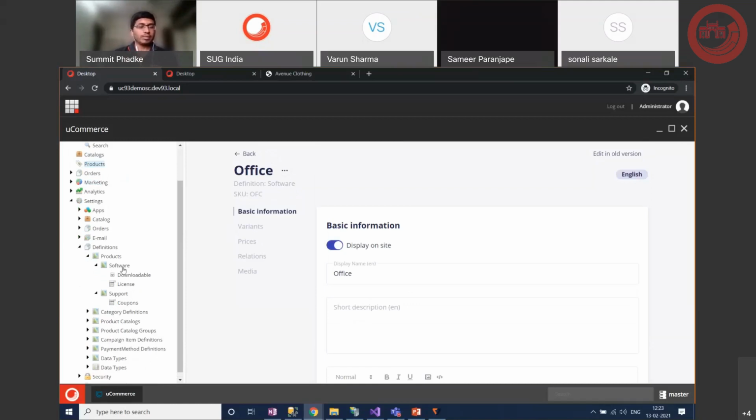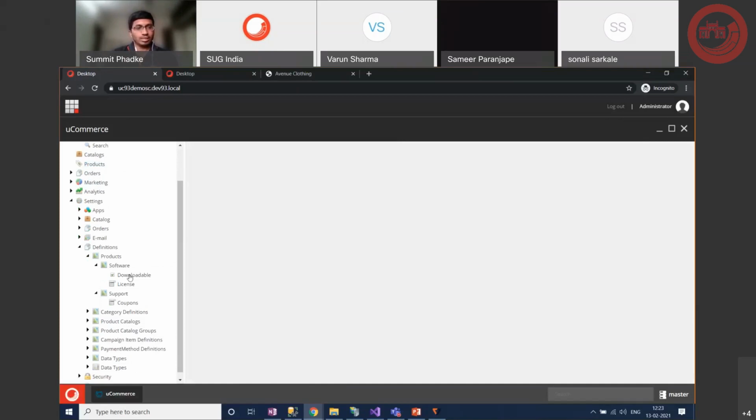So if you want to add another attribute in here, like an expiry date or something, you just have to right click, create product definition, and it will show you the pop-up on the right hand side screen. You can specify what kind of attribute you want to add. There are a bunch of default attributes that come, and these are the specific things that you can add.